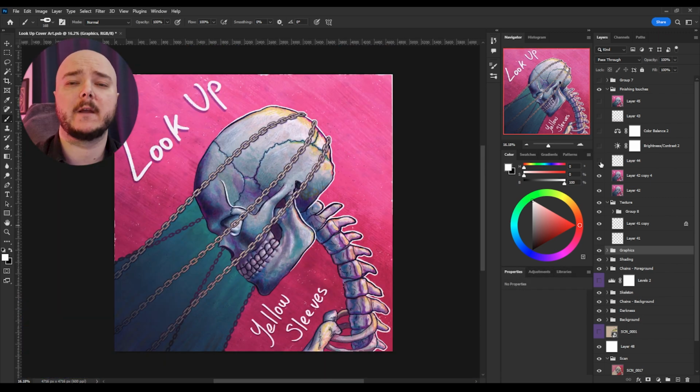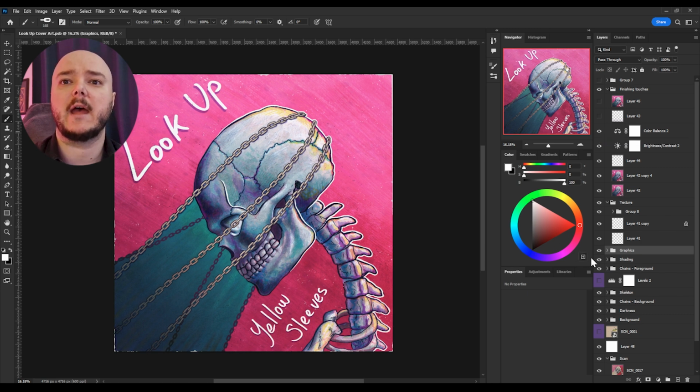After that was done, I figured that the bottom left-hand side corner was looking a little bit too clean, so I added a little bit more texture down there, and a brightness and contrast layer just to push the contrast a little bit, bring everything together a little bit more. A final color balance layer. It felt like this bit was a little bit too blue and I wanted it a little bit more green,